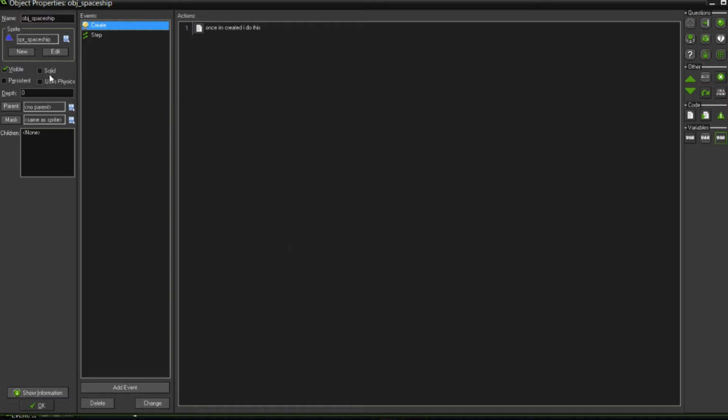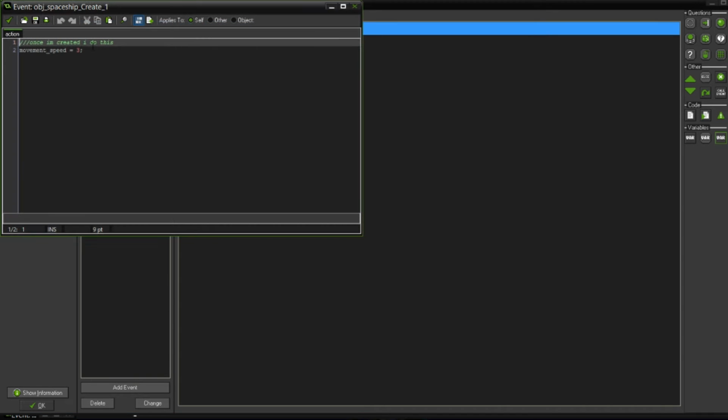Now you want to make a create event, and if you guys don't remember, what a create event does is it runs once the object is in the room. So it runs one time, when the object enters the room. Normally this is used for making variables and stuff. I forgot to delete that. But okay. What you want to do is make one called movement